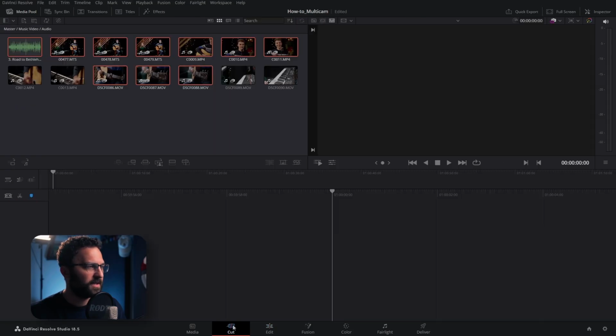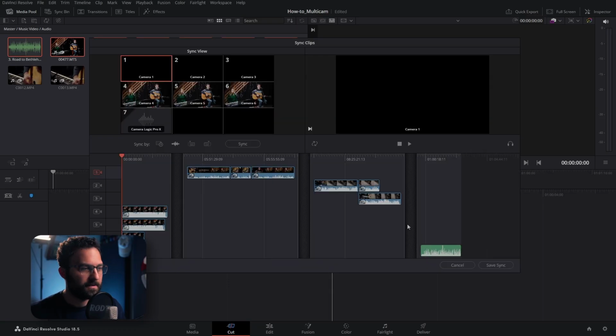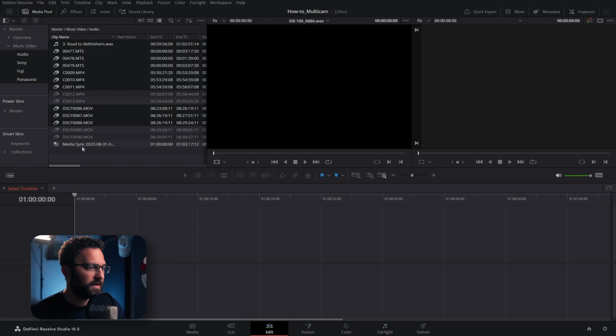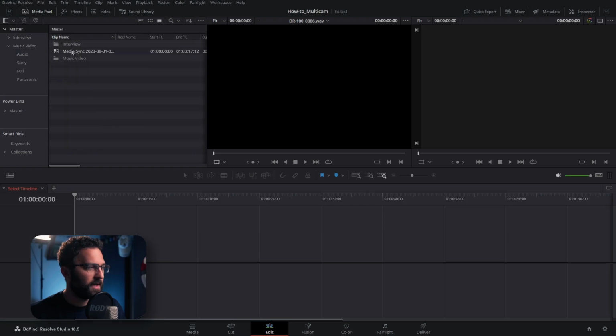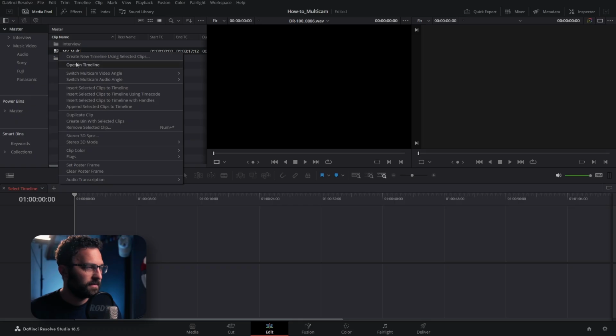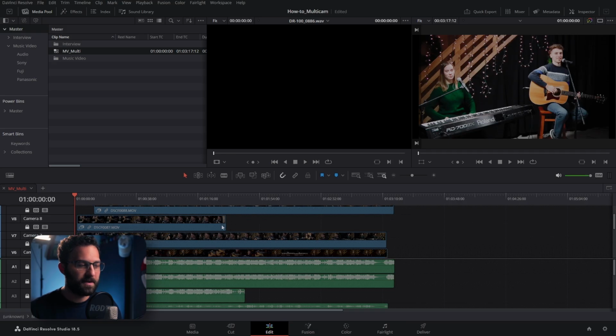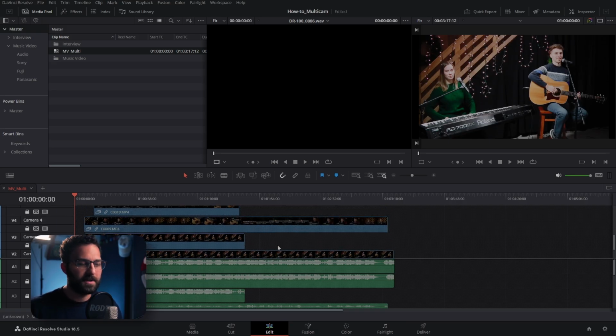Go back to the cut page. Hit the sync bin, or sync clips rather. Hit sync, syncs it all, save sync. I go back to the edit page and we've got our clip, and let's go ahead and rename it. And I'm going to open in timeline, make sure everything's set. There was an instance where we messed up in the middle of a take, so it's really 2.5 takes, but